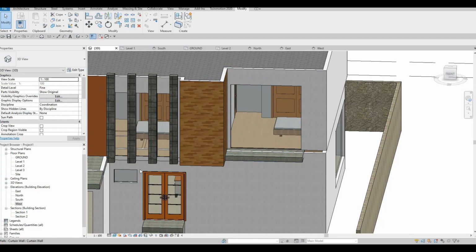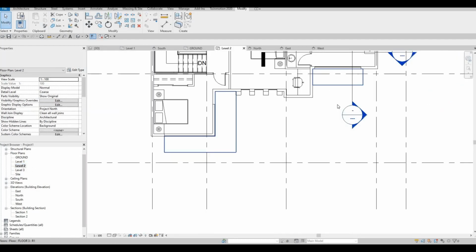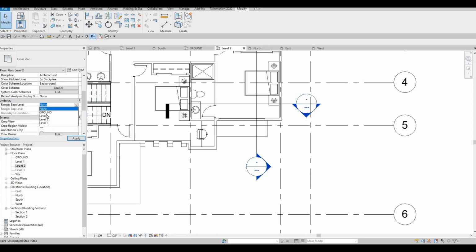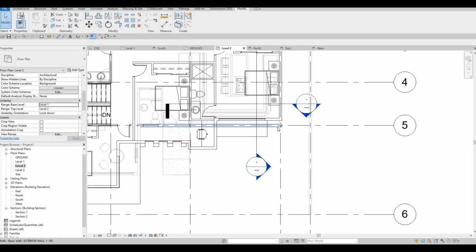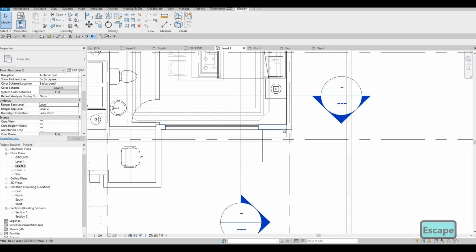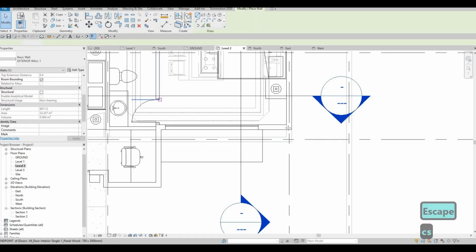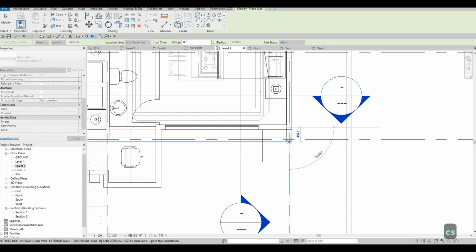So now let's go to level 2, and if you want to see it, we could just go to our underlay and then show level 1 again. So we have this gap. We could use exterior wall again and then just overlap that. I want to overlap it all the way right here,